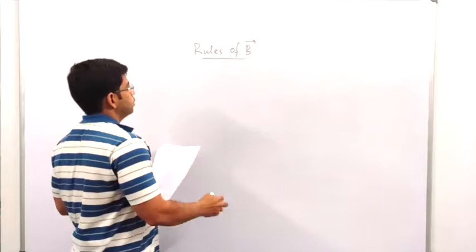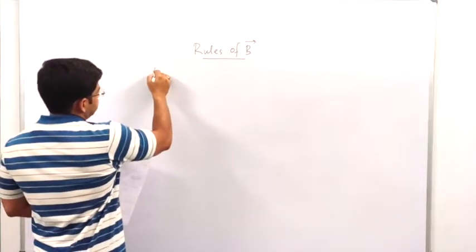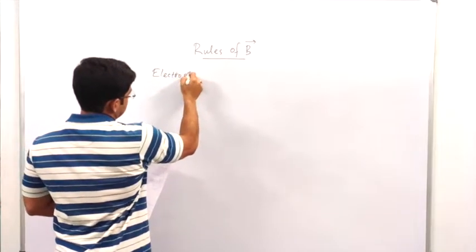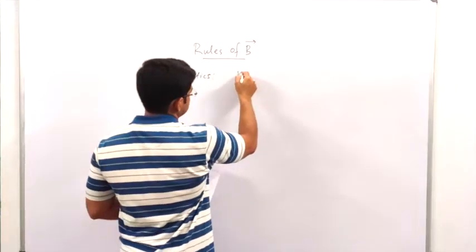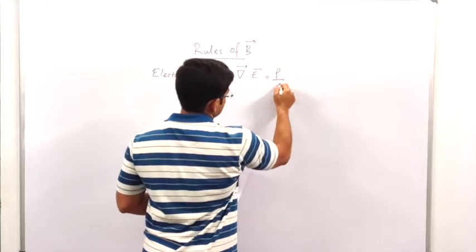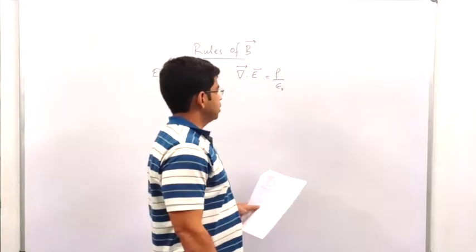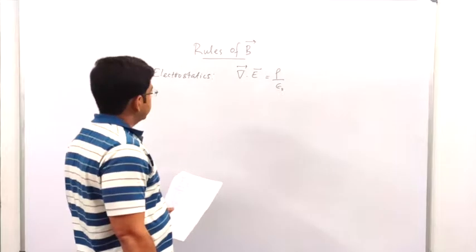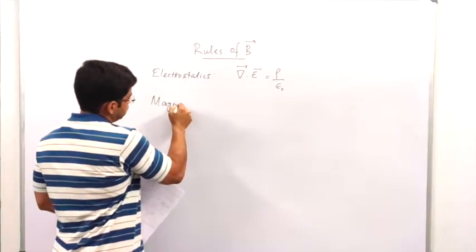Now let us define the rules of the field B. We know from electrostatics we have this equation, where E is the electric field, rho is the volume charge density, epsilon 0 is the permittivity of free space. So in analogy to this, one may be tempted to write in magnetostatics